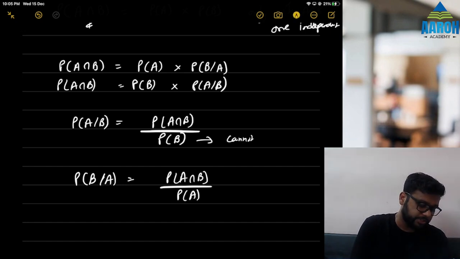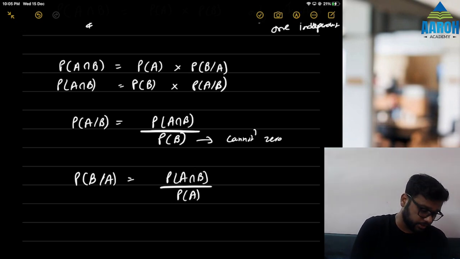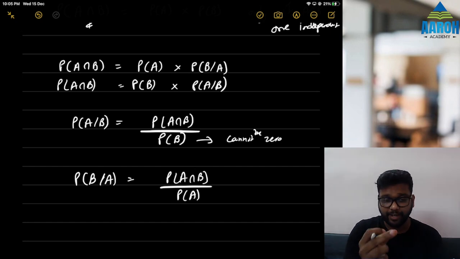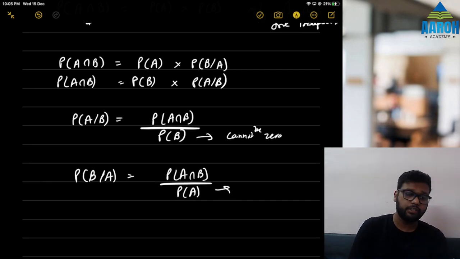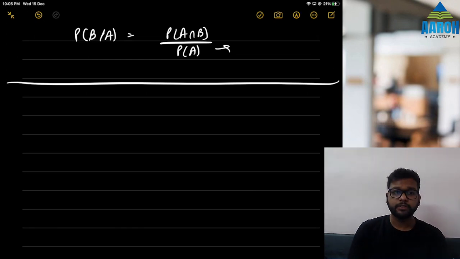That means there is one MCQ in the module which is good. Cannot be 0 means this cannot be an impossible event. So P of B cannot be an impossible event, and here A cannot be an impossible event. Fine. Again, one more property to remember is...